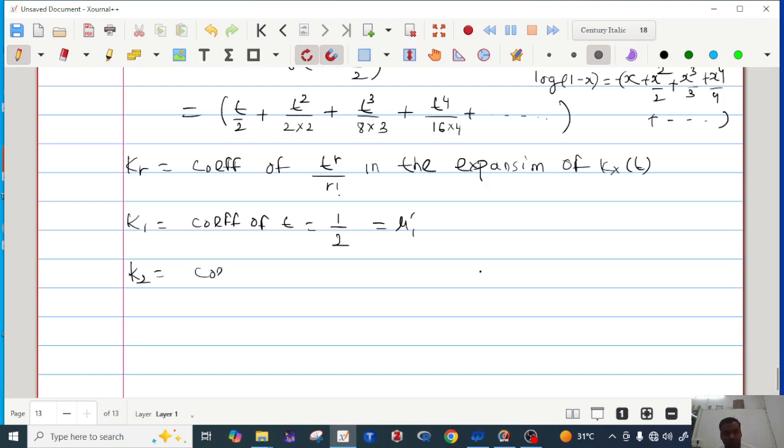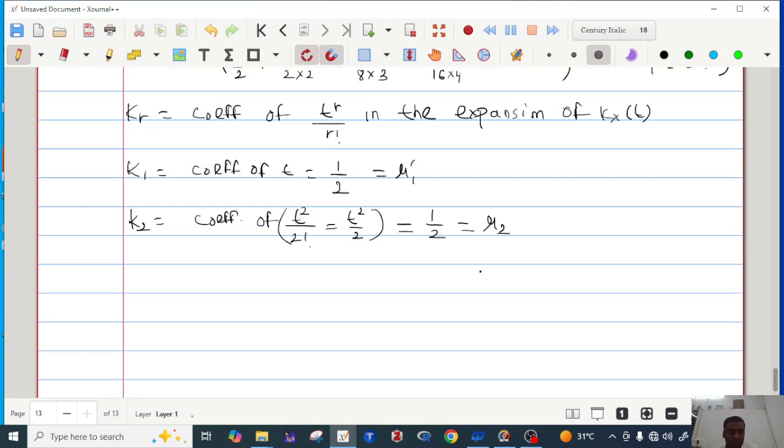This is the coefficient of t square upon 2 factorial, that is, the coefficient of t square upon 2. If you compare here, the coefficient of t square upon 2 is 1 upon, which is nothing but mu2. So this is the variance. Now k3 is the coefficient of